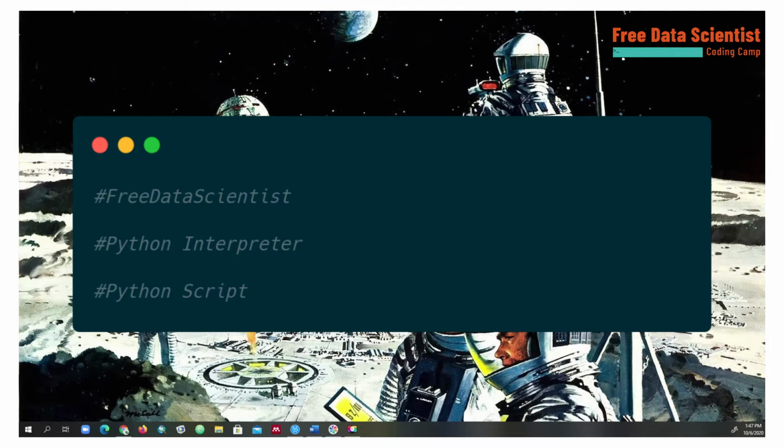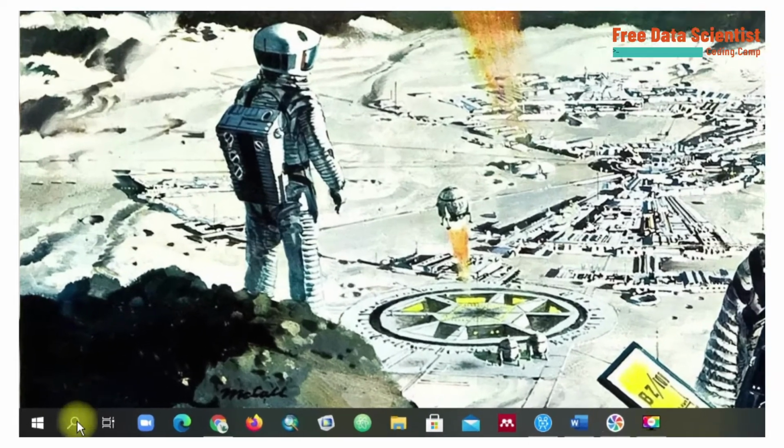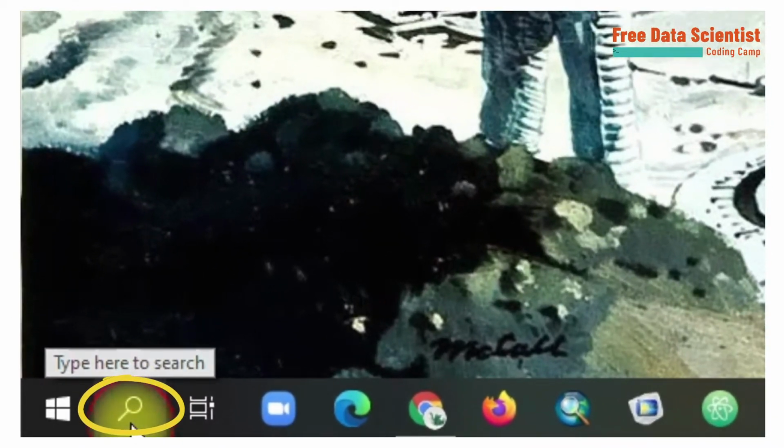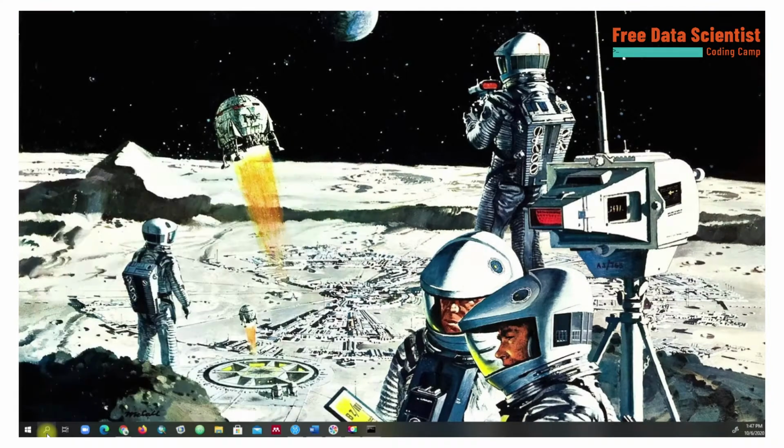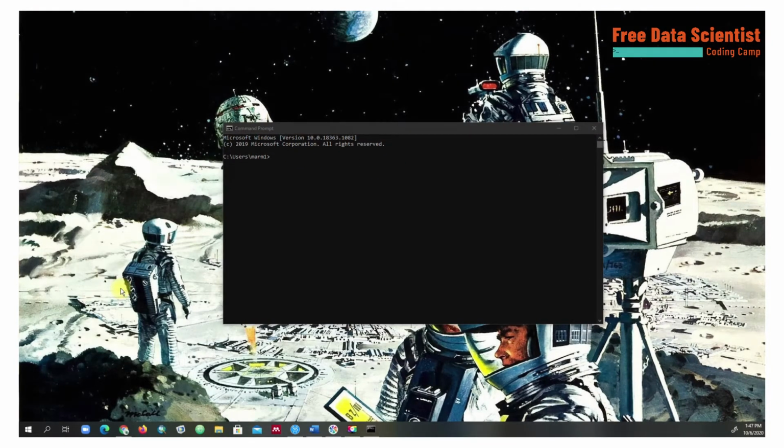Let's start with the terminal use of Python. The Python interpreter comes in every Python installation. The way to run this is to locate yourself in the search button, in the lower left location in Windows, and search for the command cmd. The command prompt will open, and we will call the Python programming language. If you have not installed Python, please refer to that video. You can find it in our video list.